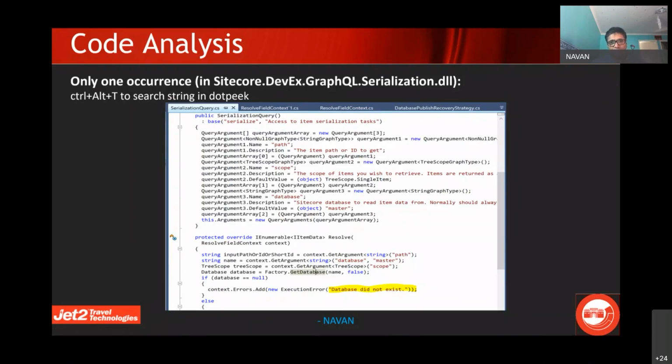If somebody wants to take a shot, rather than me talking too much, can somebody take a shot as to where your database list is in the config? Okay, are you able to see this?